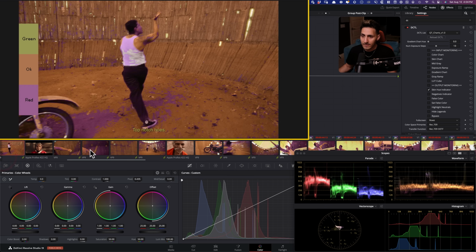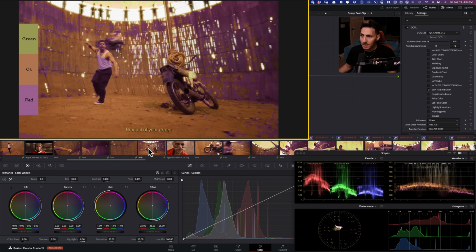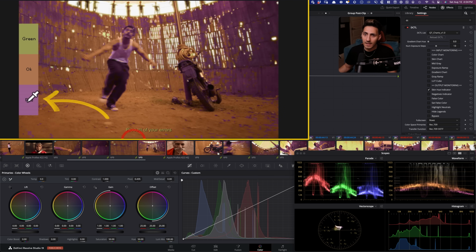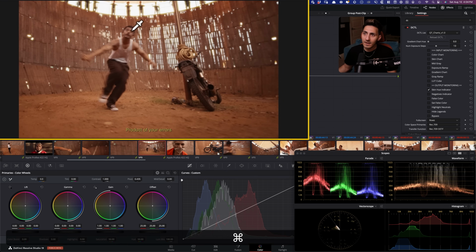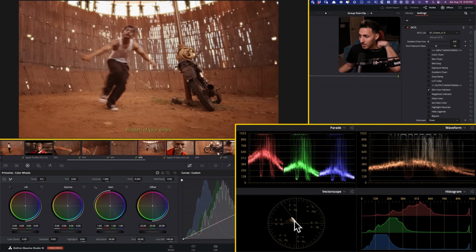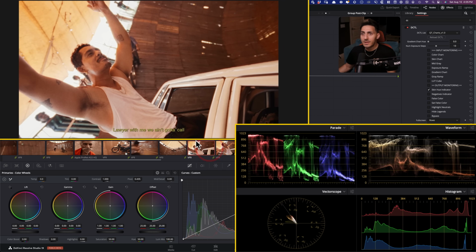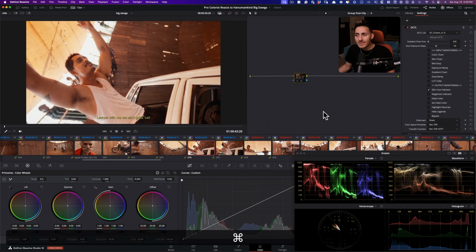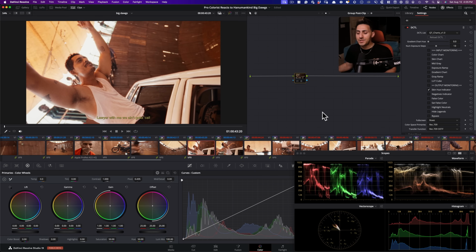Let's go find a cleaner shot on him. Even if we go here, there's a lot of purple in there. And if I come out and look at the skin tones, I can see that that's exactly what's happening. Even if we turn this on, look how much purple is in there. So this really gets to tell us,